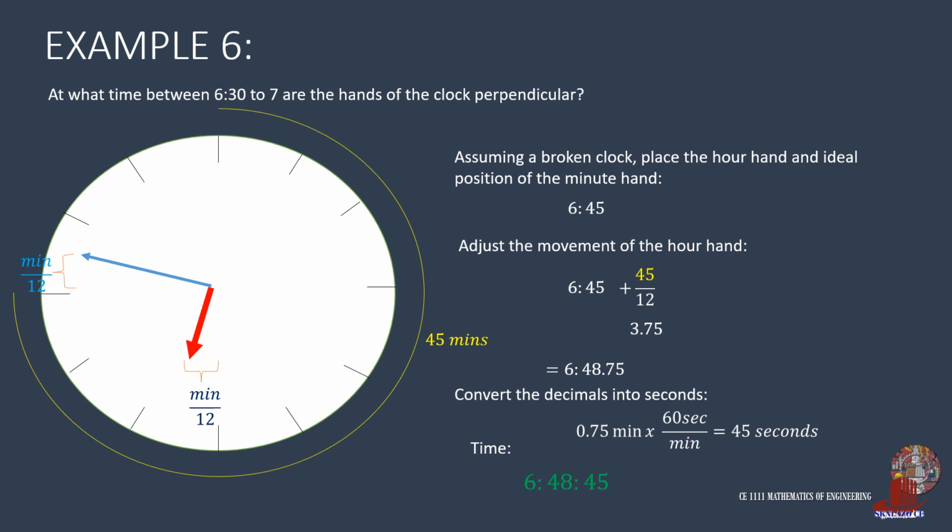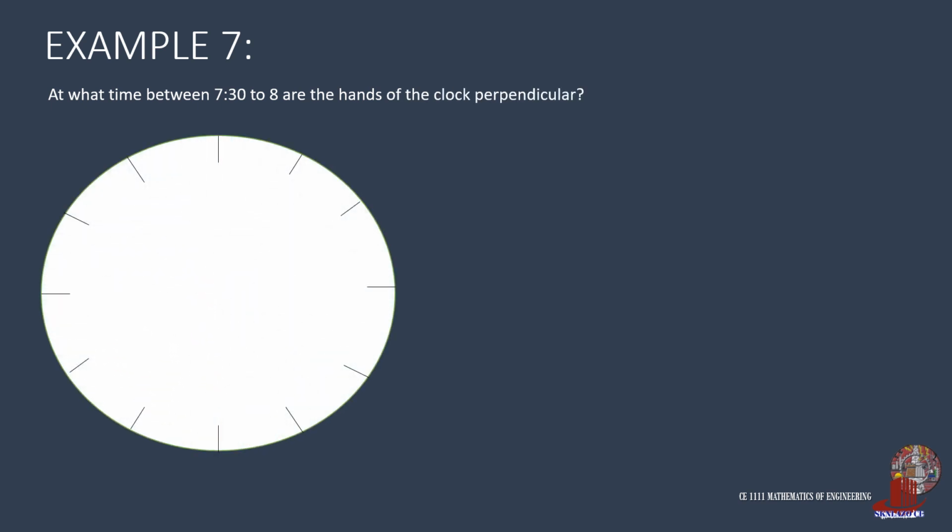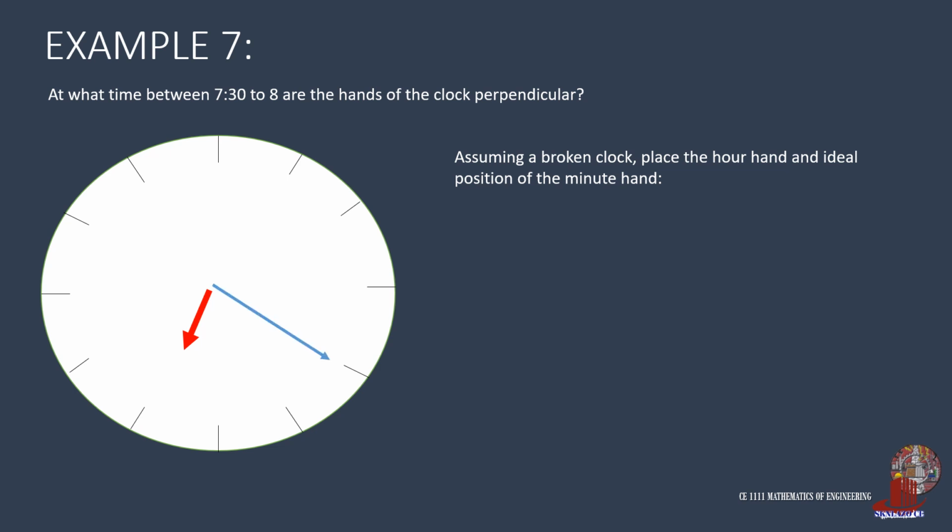Although it is minimal, notice that the adjustment got longer, from 3 minutes 20 seconds to 3 minutes 45 seconds. Let's validate the hypothesis that as the range moves higher, the adjustment also gets bigger. If the range used is from 7:30 to 8, the hour hand is found at 7. Using 20 minutes for the minute hand won't be feasible, so the perpendicular minute hand is placed pointing at 50 minutes.